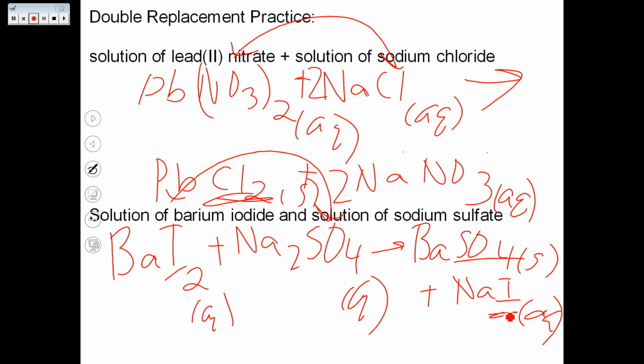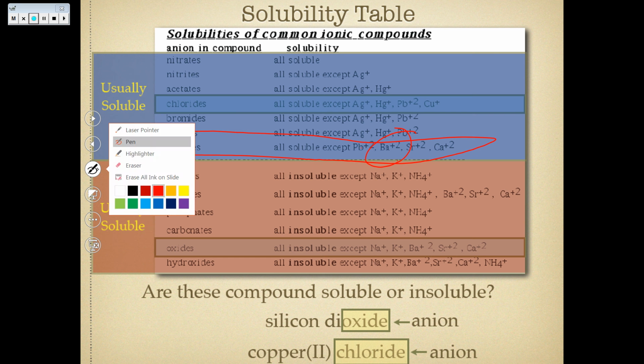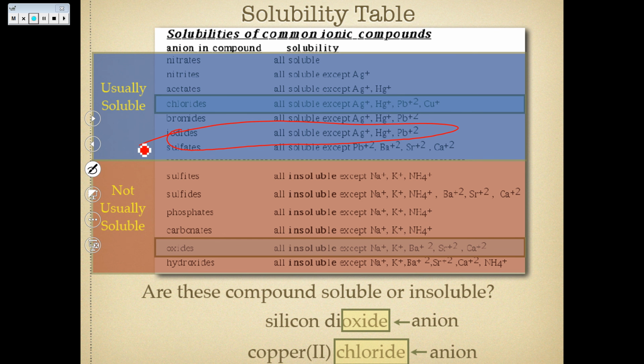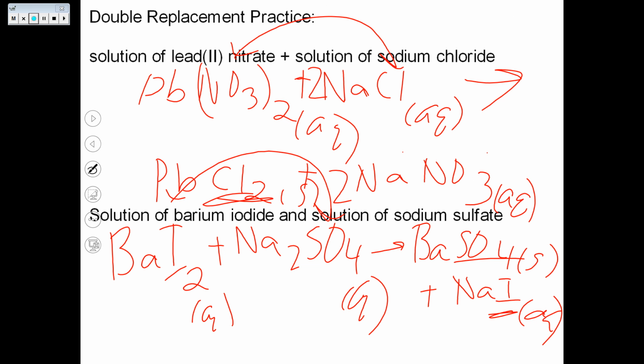You can go back and check the iodides. Let's just go back to prove that. The iodides, it does say all are soluble except those exceptions, which we don't have one of those exceptions. So it will be AQ. And to balance it, we need a 2 here, and we should be good to go. All right, so those are the notes for predicting products of composition, combustion, decomposition, single replacement, double replacement, and